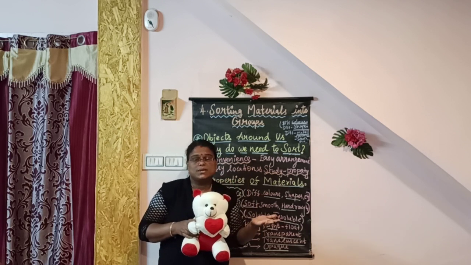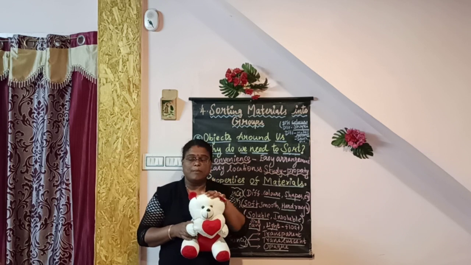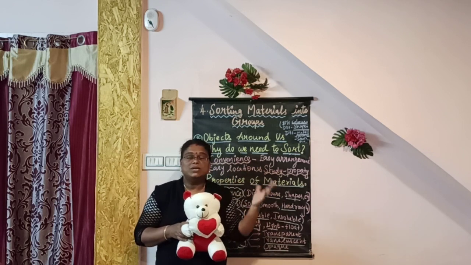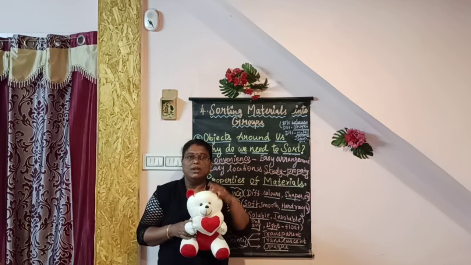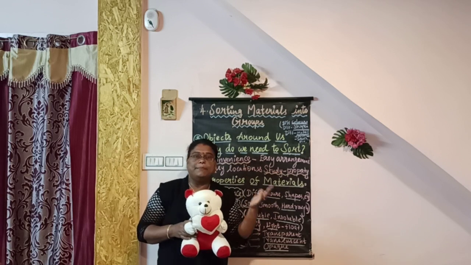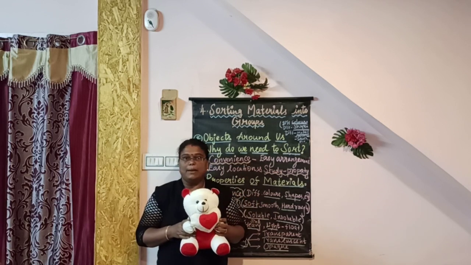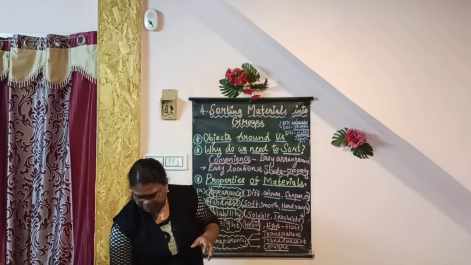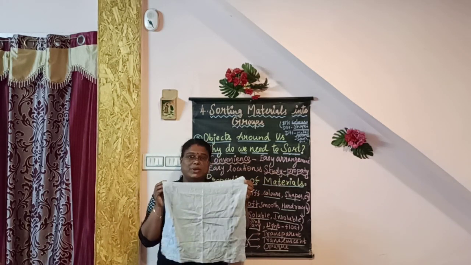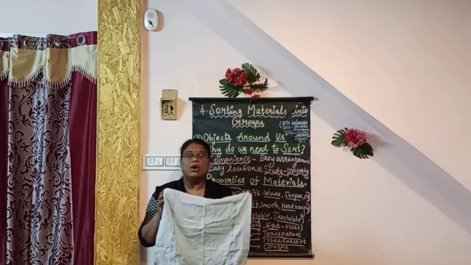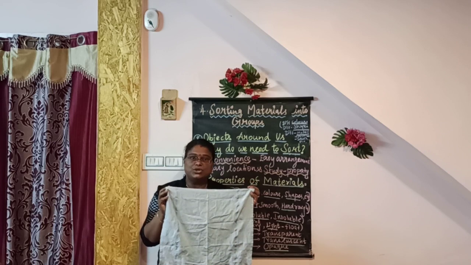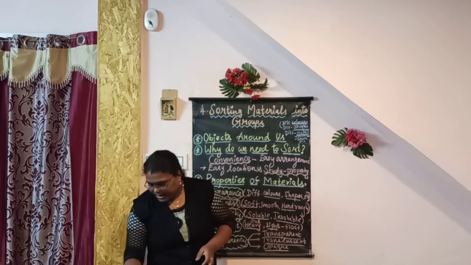And what are the sources of this raw material, that is wool? In Fiber to Fabric we studied about the sources of wool. So the wool we obtain from wool-yielding animals like sheep, yak, llama and alpaca. And this is a cotton kerchief. This also we studied in Fiber to Fabric. Cotton we obtain from the cotton plant, which is a natural fiber.